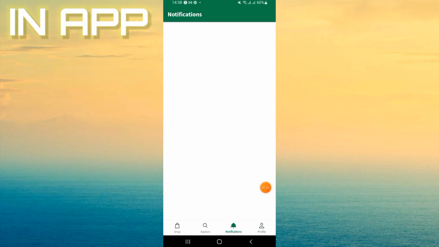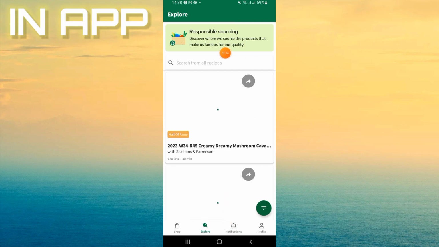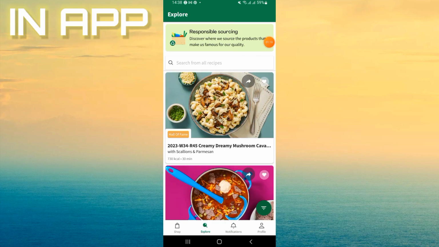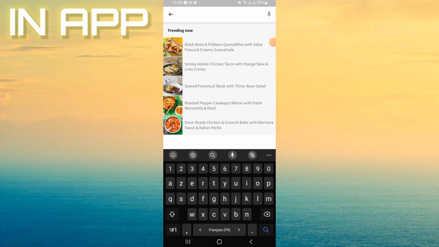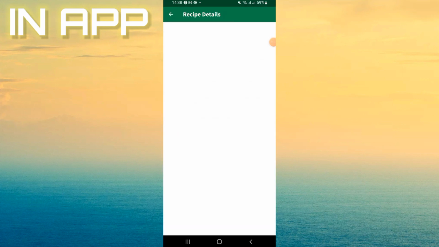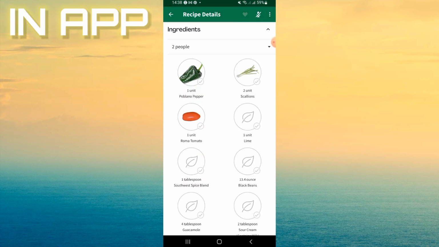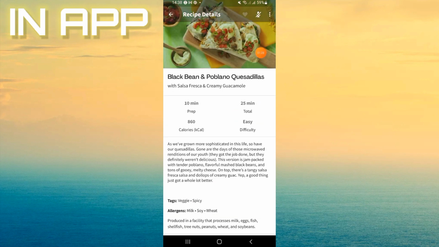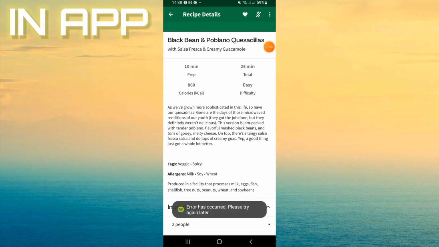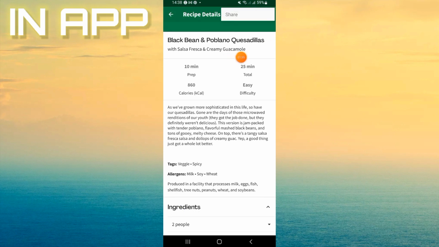So let's talk now about notifications. Here you will receive all your notifications about your application, and right now you will come to explore. Here you will explore for recipes. For example, I will explore for something for this. For example, as you see here, I can add it to my favorite, and here on this three line I can share this recipe if I want,